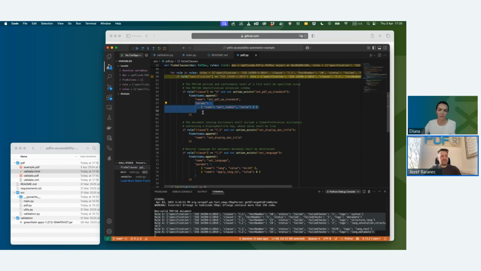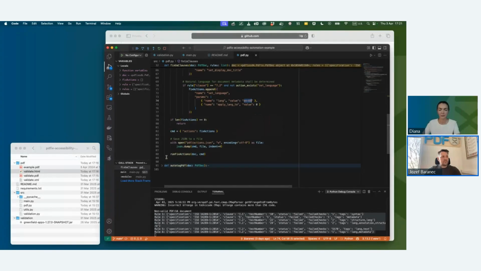As you can see, we have some parameters here. Some functions or actions may have these parameters to specify modifications of the default values that are commonly used in these actions, and it will help you to define your own values. So for instance, if you have some other program to determine the document language, you can use that for filling in the language in the set language action and so on. Similarly, if you know that you are processing a collection with, let's say, Arabic text, you can use a different language by default. So it's up to you how to control these parameter values, but at the end of this function, we will have a